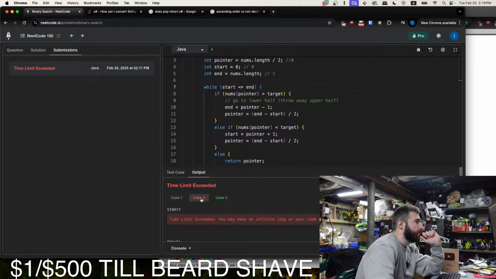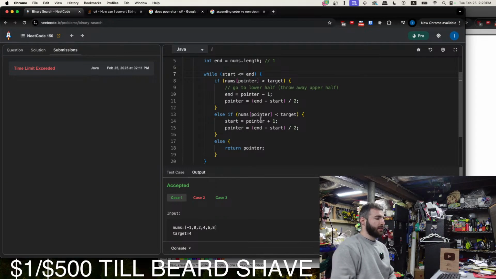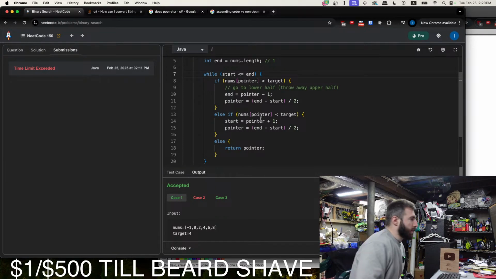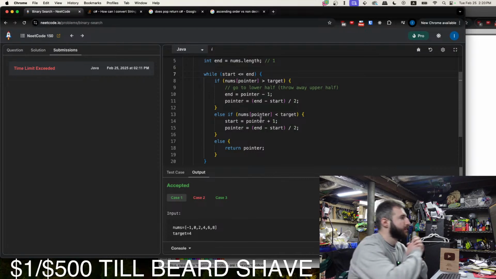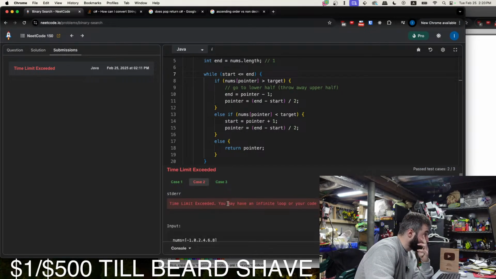We got an infinite loop for that case here. So it fixes this case, but it breaks this case.